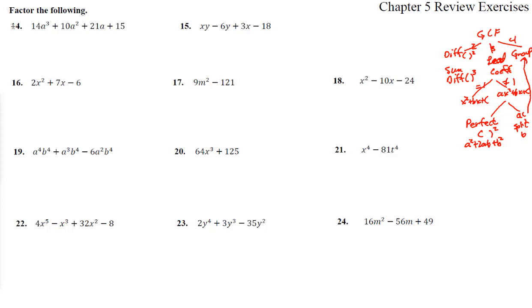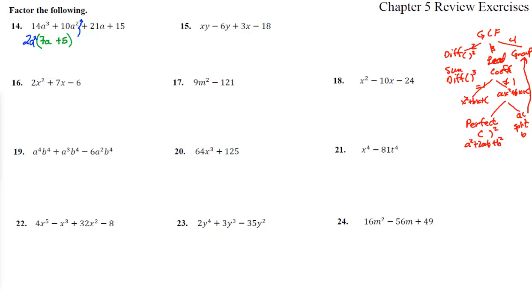So number 14, first of all, is there a greatest common factor? That has 2s and 7s, that has 3s and 5s. No, there's nothing there. So we have 1, 2, 3, 4 terms. We use grouping. Cut that in half. We can now pull out a 2a. And what do we have left? 7. Oh, we can pull out a 2a squared. I apologize. We can pull out the 2 and then an a squared. And we're left with 7a